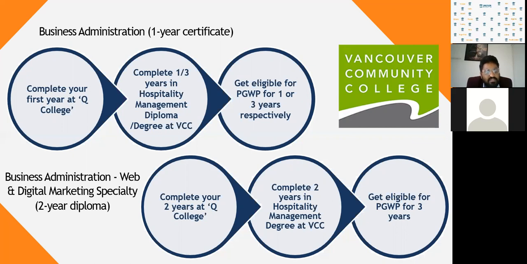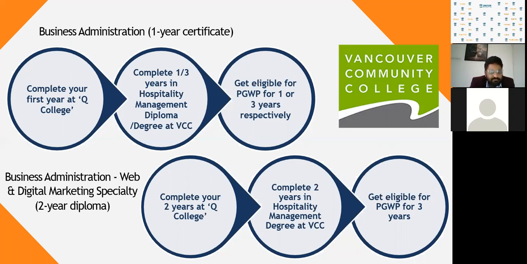program in business administration at Q College, they can complete their first year at Q College, then complete the next 1 year or 3 years, like if they are opting for a 1 year diploma in hospitality management, or they can opt for a 3 year degree in hospitality management. And after the completion of the same, they will be entitled to 1 year or 3 years of postgraduate work permit respectively. So if they are going for a 1 year diploma, then they will be entitled to 1 year of postgraduate work permit. And if they are completing the degree, then they will get 3 years of